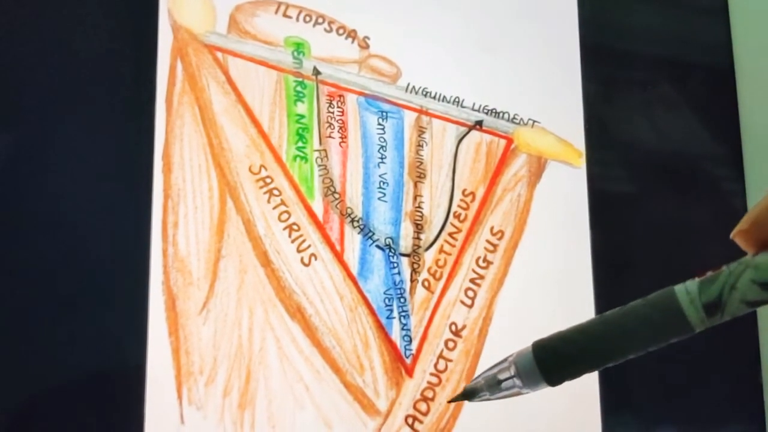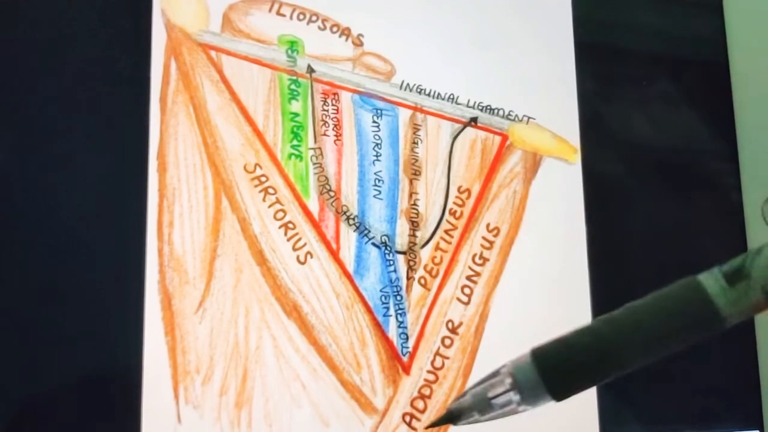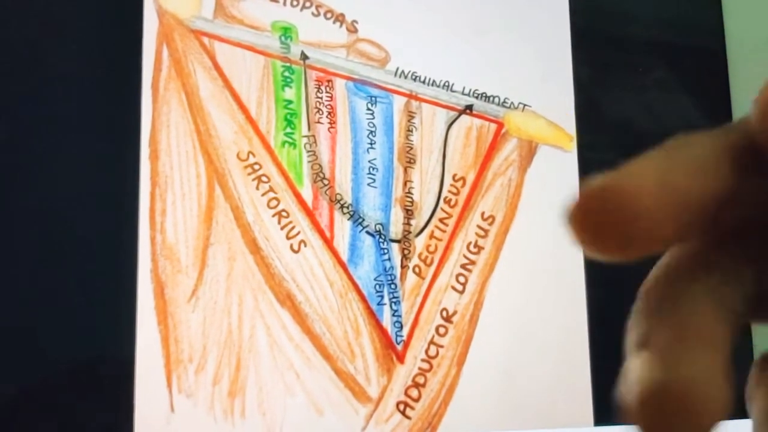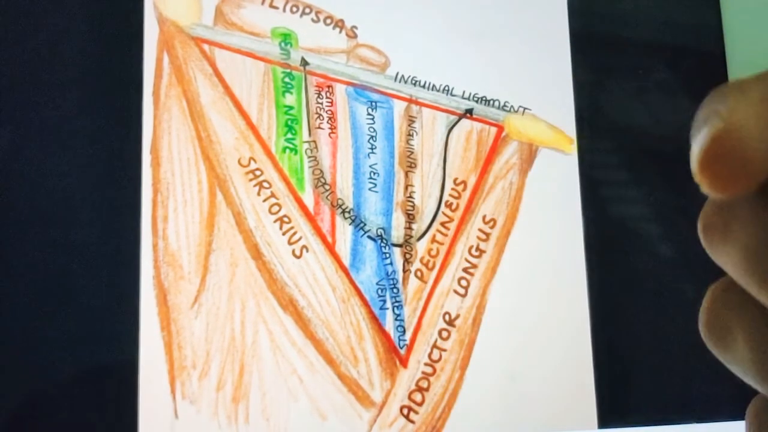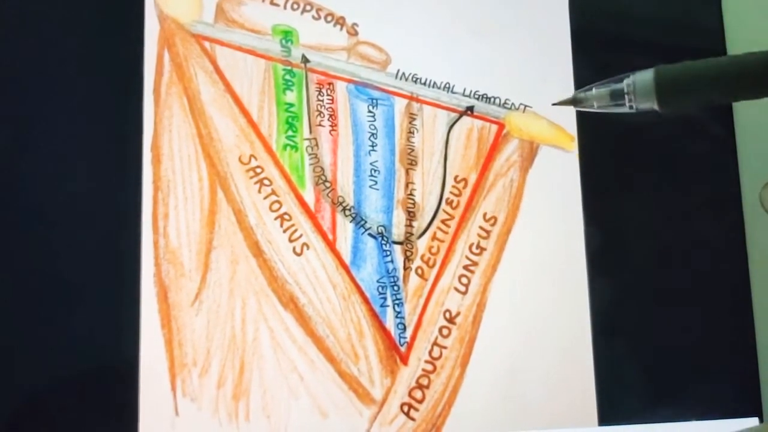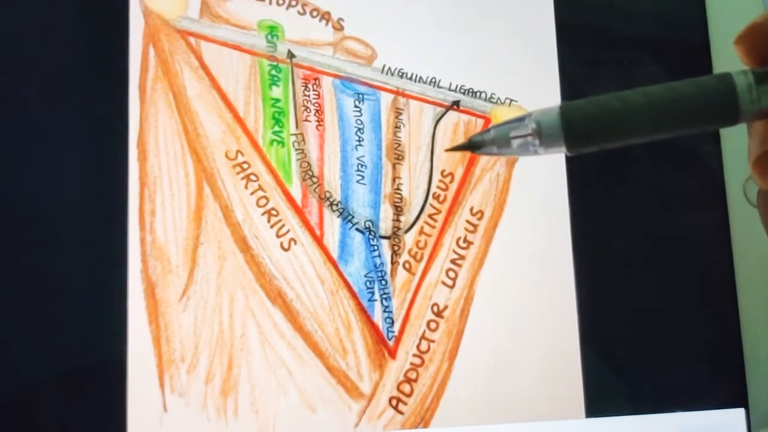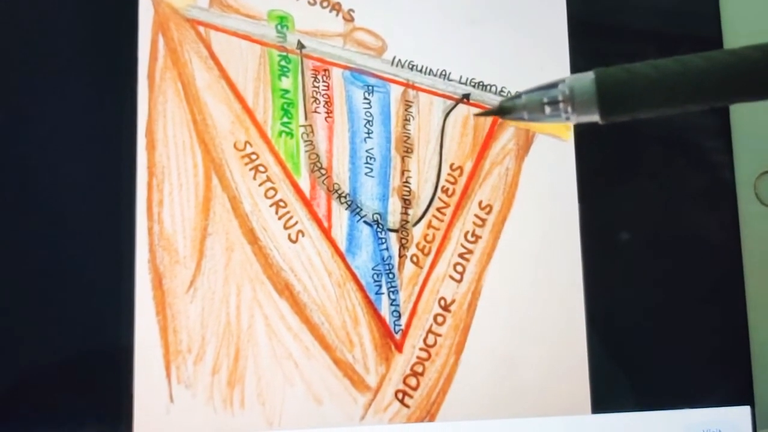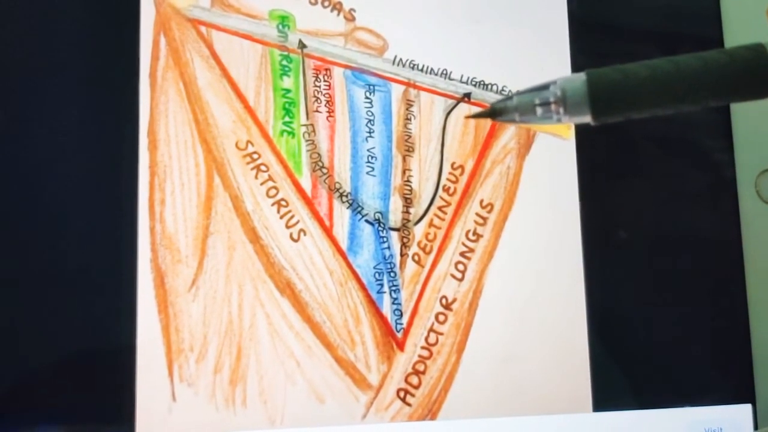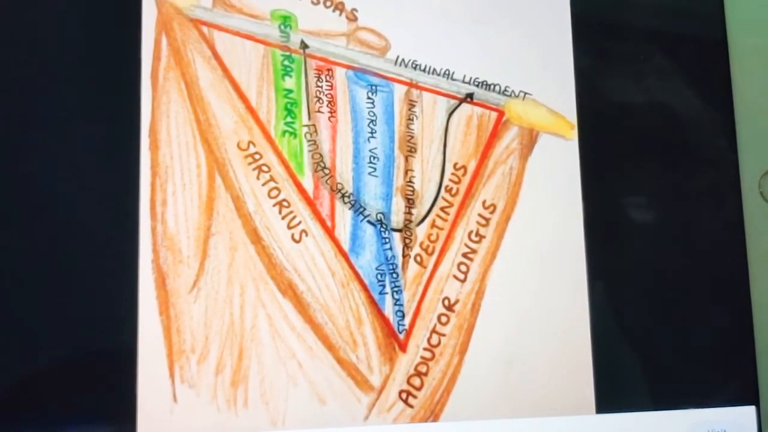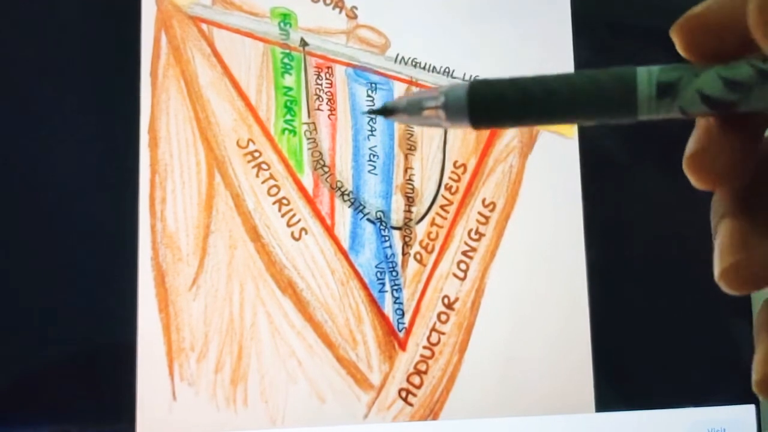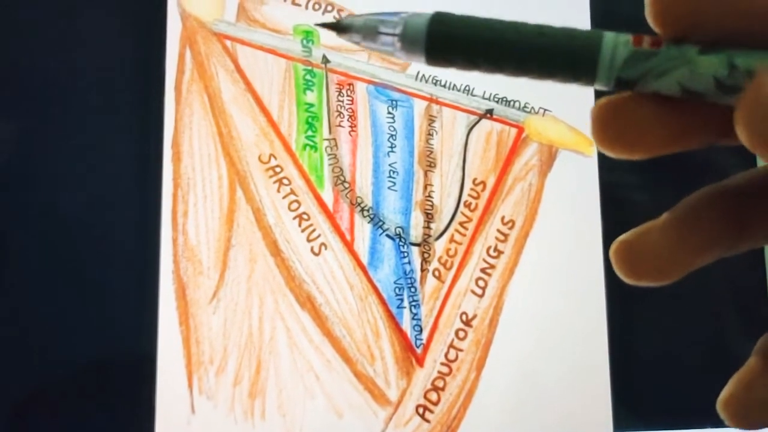In the triangle it gives off 6 branches. So the femoral artery gives a total of 6 branches. It gives 3 superficial and 3 deep branches. The 3 superficial branches are the superficial external pudendal. If you remember the cutaneous arteries, you can remember these names. The superficial external pudendal supplies the external genitalia. The superficial epigastric supplies the abdominal area, and the superficial circumflex iliac in turn anastomoses with the deep iliac